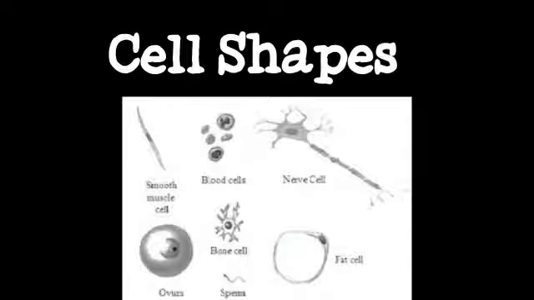Cell shapes. Cells occur in different shapes and these shapes are related to their specific function. First, irregular, as in amoeba and white blood cells. Second, round or spherical, as in eggs. Third, spindle shaped, long and pointed at the two ends, as in muscle cells. Fourth, elongated, thin and branched,